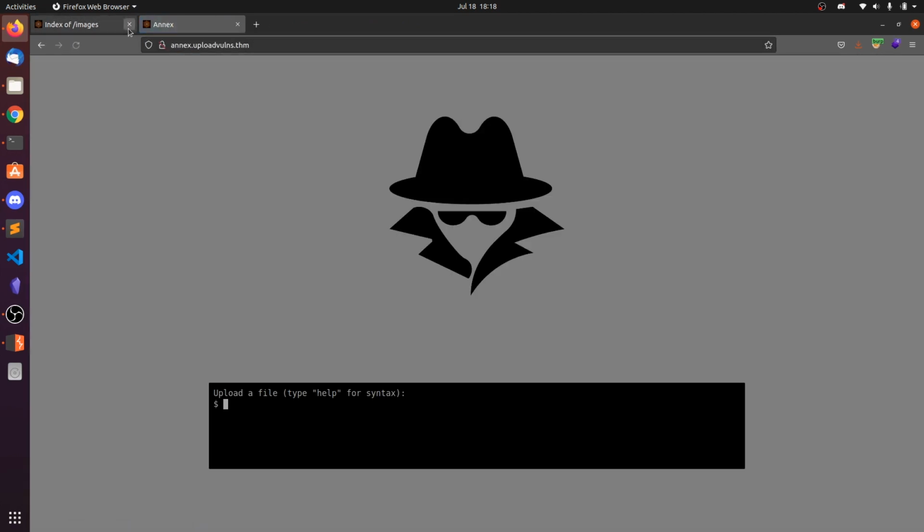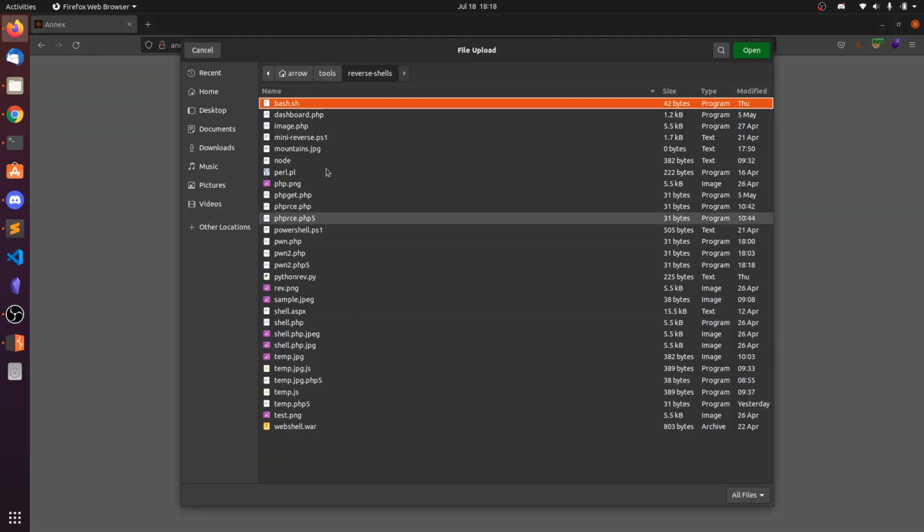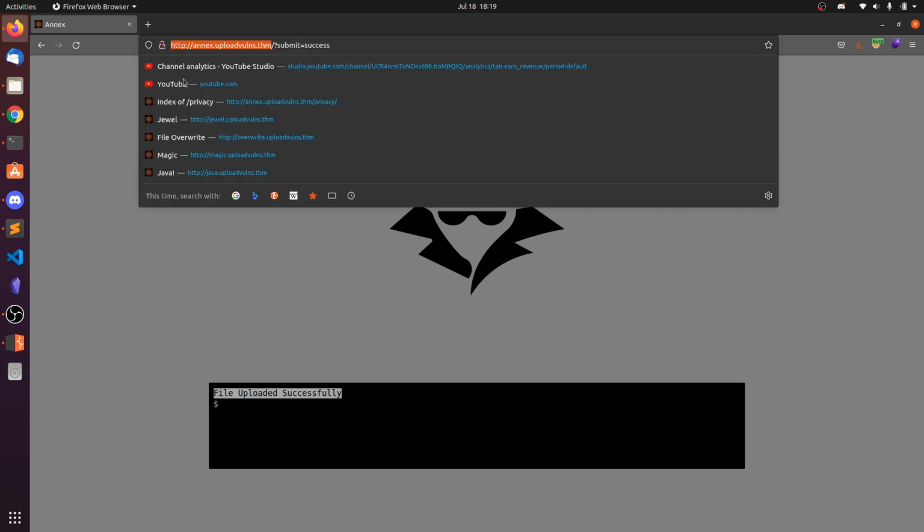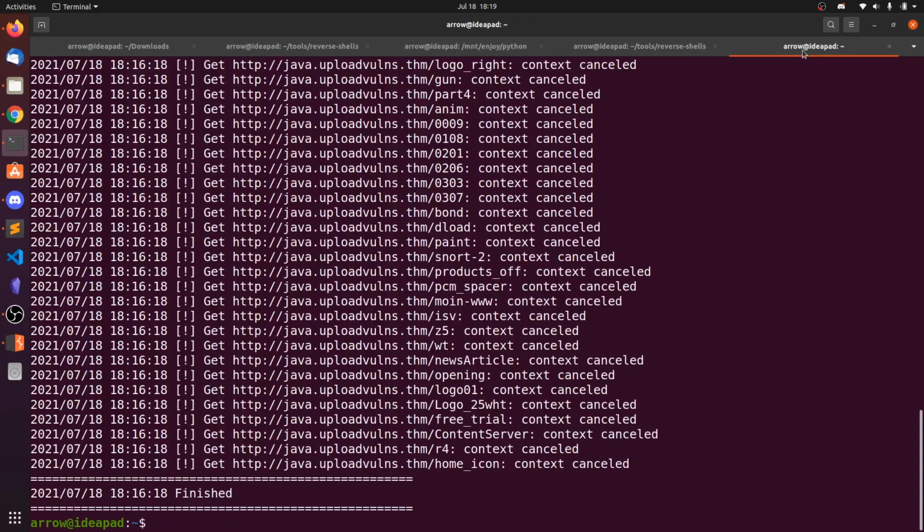HTTP. So here what we need to do is, this is like a simple command line. You can type help and there are three commands: selecting a file, and uploading. So if you hit select, here you will select the file. Now we are uploading the pond2.php file, right? So now you need to enter upload, hit enter. Now it says file uploaded successfully. Again, we don't know in this subdomain where the file has been stored. Need to brute force again.